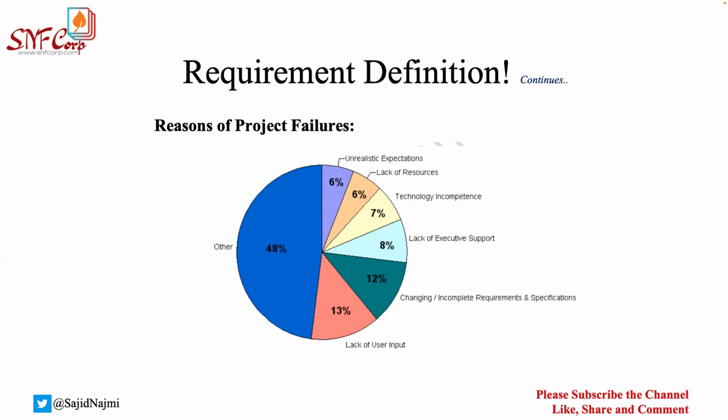Same thing you can do with the changing and incomplete requirement specification sections. It says 12%. So now it is your responsibility, not only yours. It's a collective team responsibility. This also lies with the project manager or the executives, that they have to come up with certain rules, regulations, or certain, setting proper expectations to the business. How do we deal with these changes? And in order to handle this,